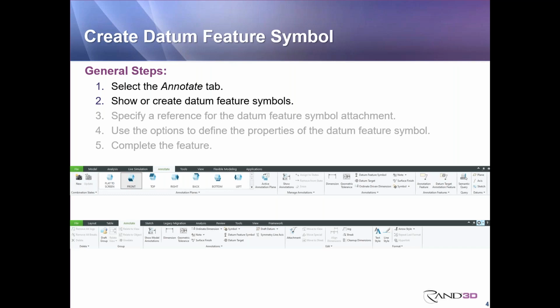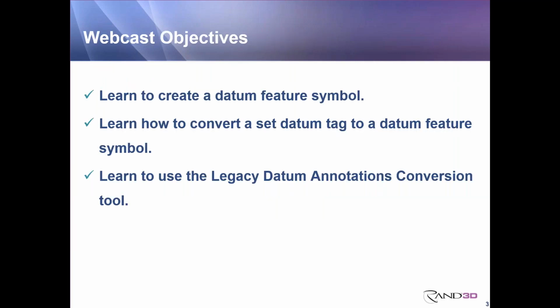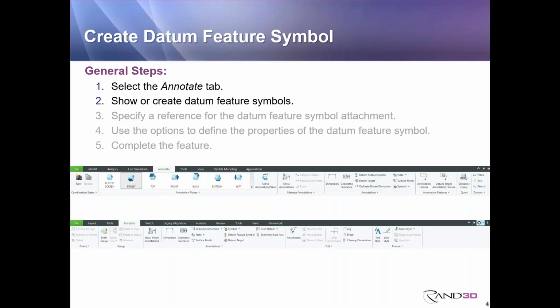Understanding the different methods, and there are two different methods you can use to create datum feature symbols, is going to be key to determining the origin from which the location or geometric characteristics of all the geometry of a model can be established. The newest versions of ASME Y14.5 now require that the datum be located on actual geometry and not on imaginary planes or imaginary axes. These kinds of datums can be converted in the newest versions of Creo, and as I stated, that's one of the objectives, as previously mentioned on the prior slide. So as we continue here,